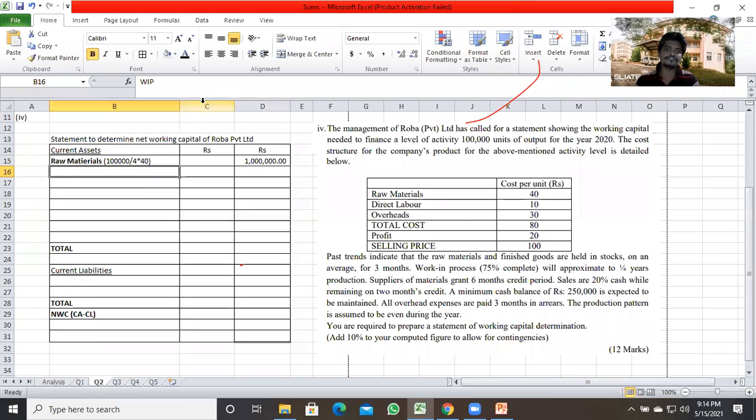Then how can we identify this WIP value? We need to calculate the direct material requirement. So for that, this should be 100,000. Our production is 100,000. Then 100,000 divided by 4, that is this 4. අපි අවුරුද්දෙන් 4න් එකට ප්‍රමාණයක් maintain කරගෙන යන්නේ. So under WIPs we have incurred raw direct material how much?